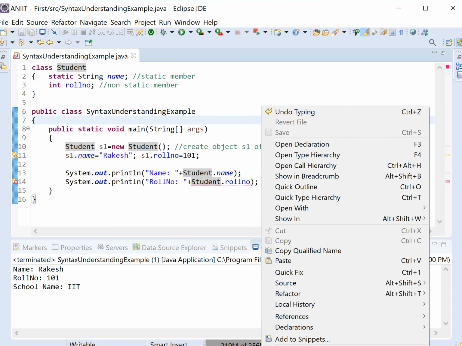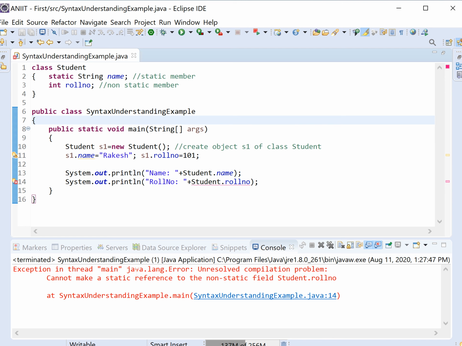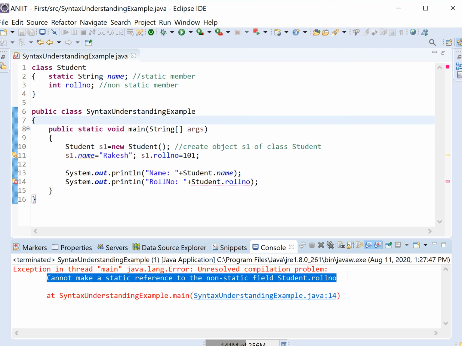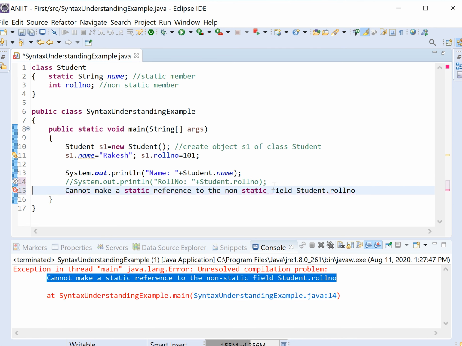If you execute the program here, it will give you an error. What is the error? We have an error at compile time: java.lang.Error, unresolved compilation problem. It was giving a compilation issue, but we did not fix those issues and executed at runtime. We found that it cannot make a static reference to a non-static field. You can keep a note here, comment this line, and note what the problem was.